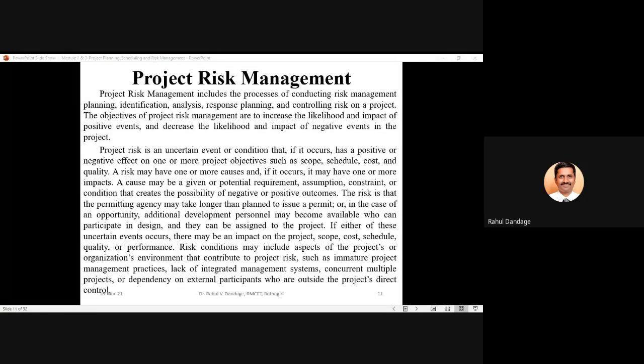These are the fundamental objectives with which any project is running, and whatever uncertain events occur which have positive or negative effects on these project objectives, we call them project risks.